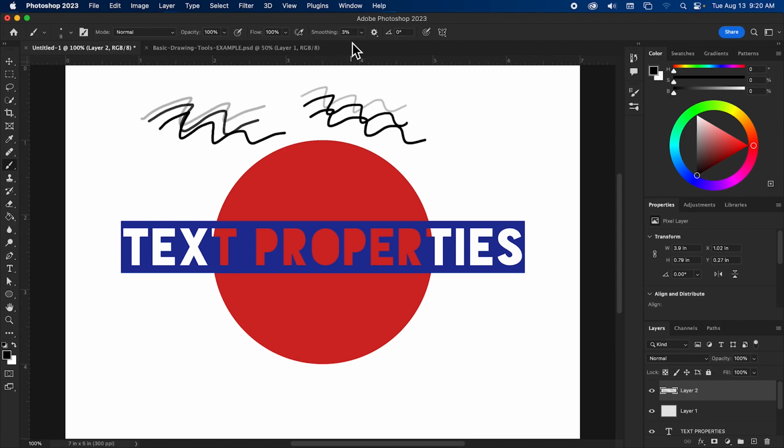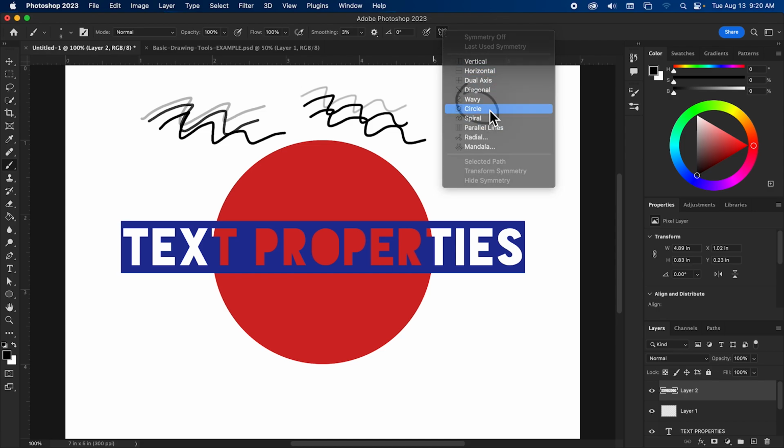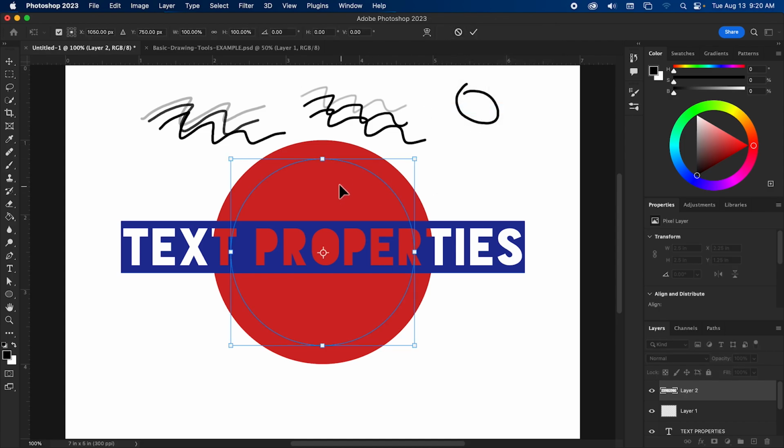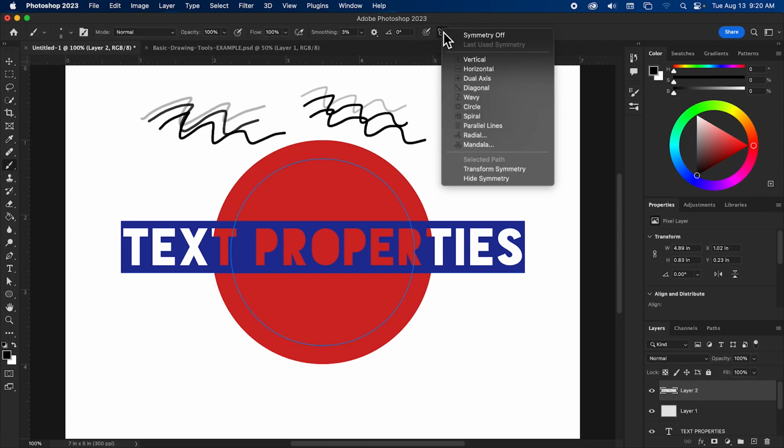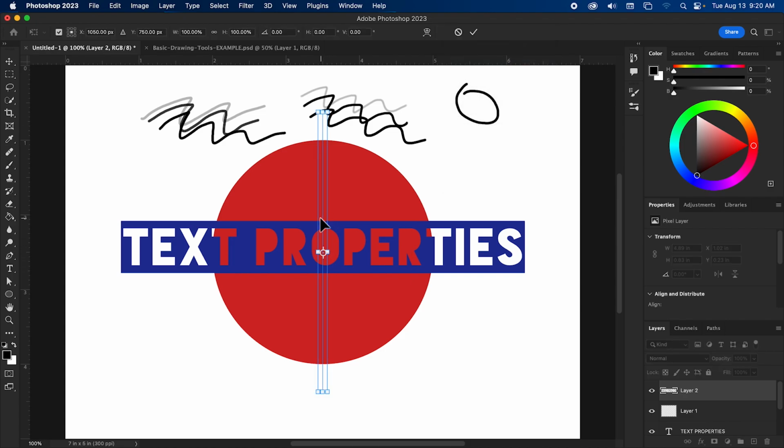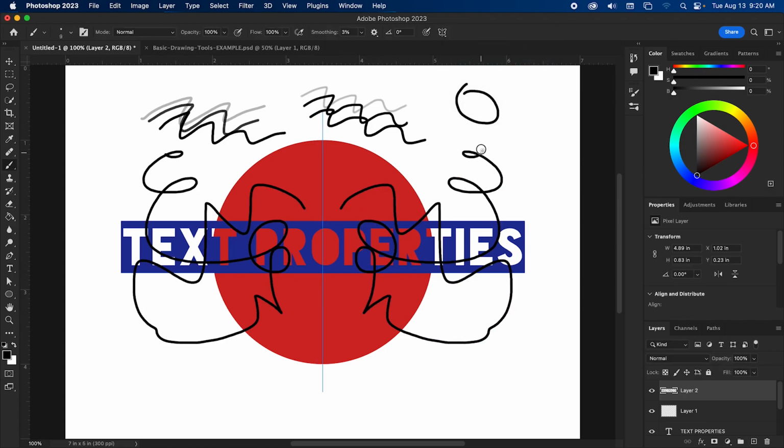Smoothing we'll get into another time. I don't quite remember if that has anything to do with what we need, and then you can also turn on a symmetry mode. So for example, you can turn on vertical symmetry and then, symmetry. And delete that layer.